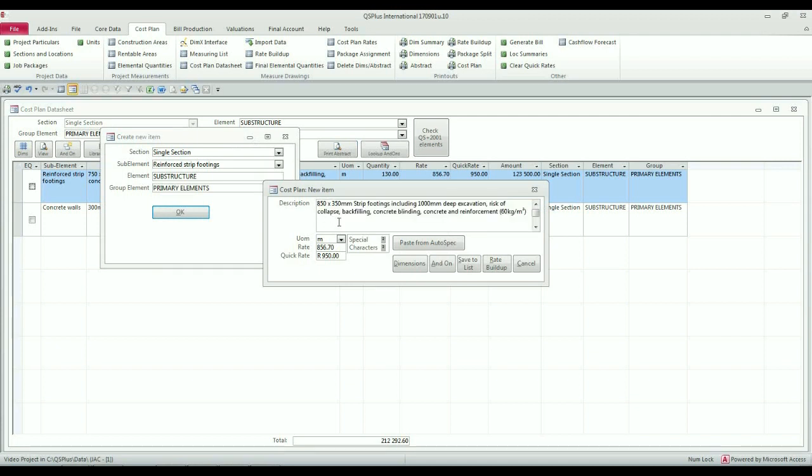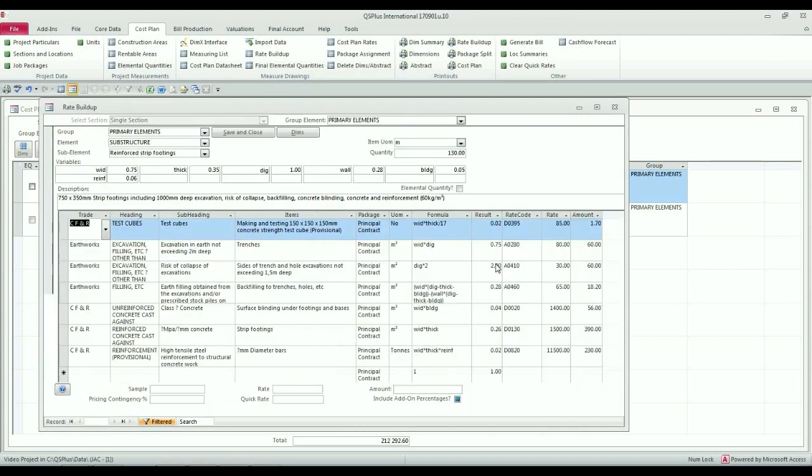Let's just say I'm making a different size of footing. I would need then to change the rate build-up for the item. It is now 850 instead of 750, so I would change the 0.75 width to 0.85, and please have a careful look at the result column here,